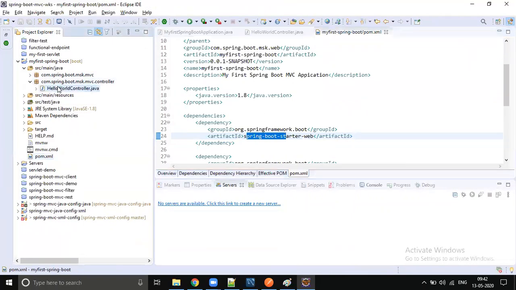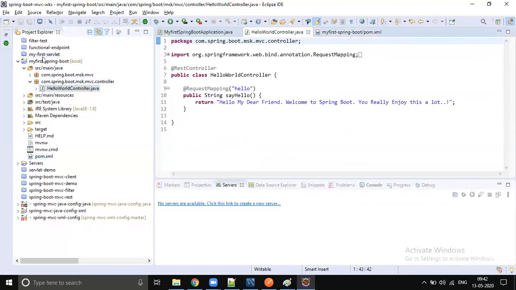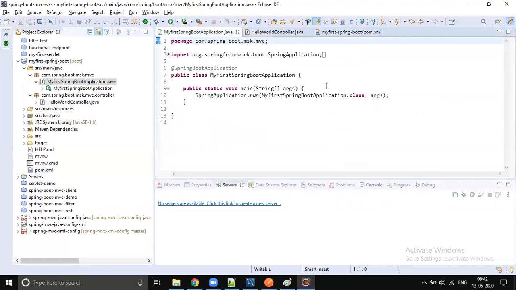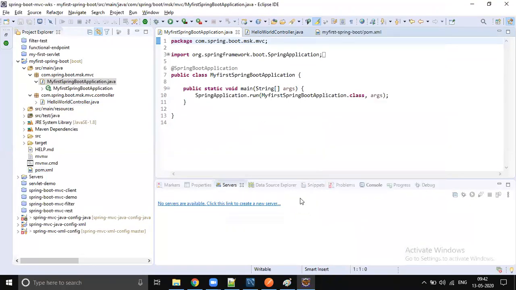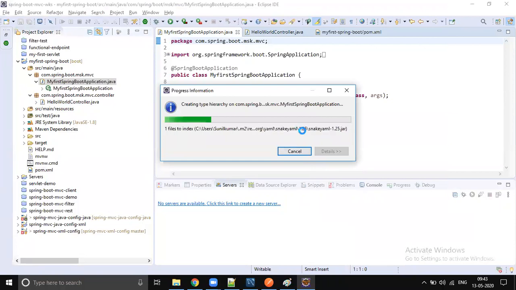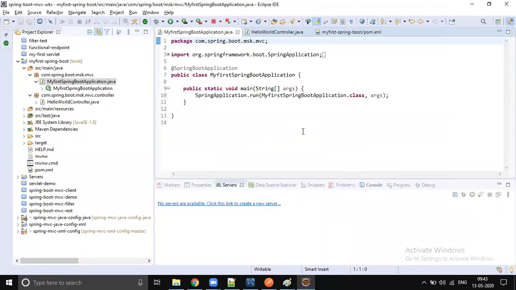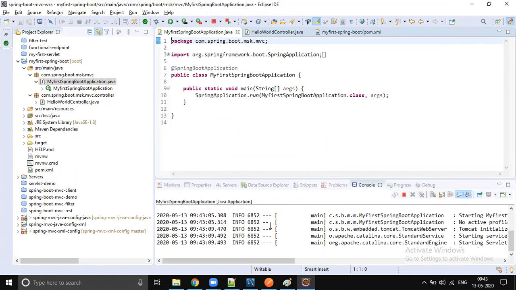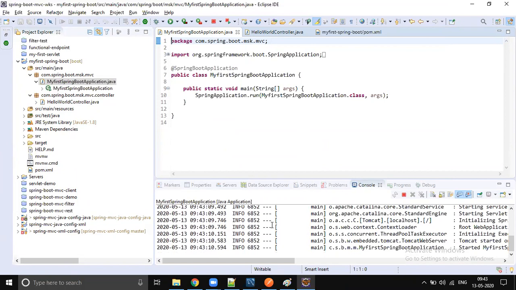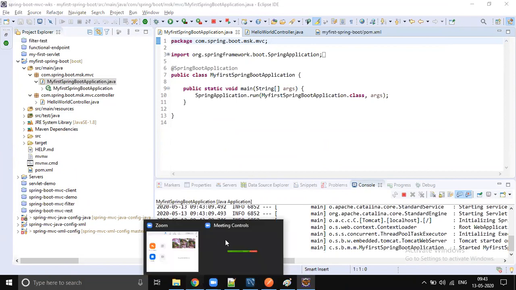Just focus directly on writing RESTful web services. Just run this. Okay, how are you going to run this? No server, nothing, right? So you're going to run this as a standalone Java application. Run as Java application. Pretty straightforward. Just hold for a second for the application to get started. Then go to the browser or Postman, whatever it is. No context path, nothing. localhost:8080/hello. You see the message.